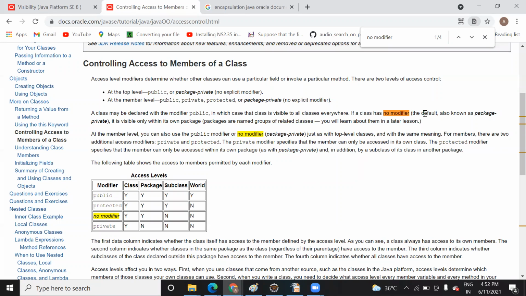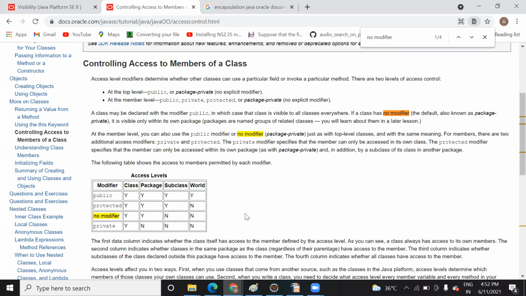By default it will be public for any modifier when you do not declare it. But when you want to specifically define the access specifier, then we write public, protected, private, and there is no such modifier as a no modifier. When you do not give anything, it will act as public itself.